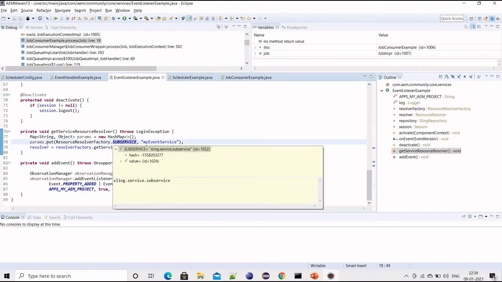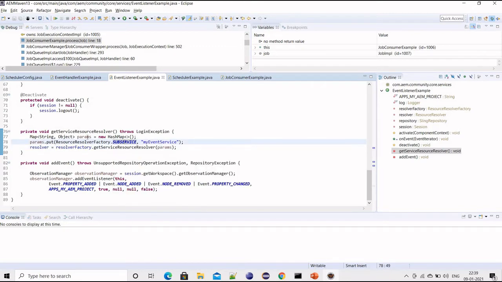So we have to create a map, and in this map I tell the subservice what I'm going to configure. For this subservice I have created a system user, and the system user has permissions, and because of that permission I will get this resource resolver.